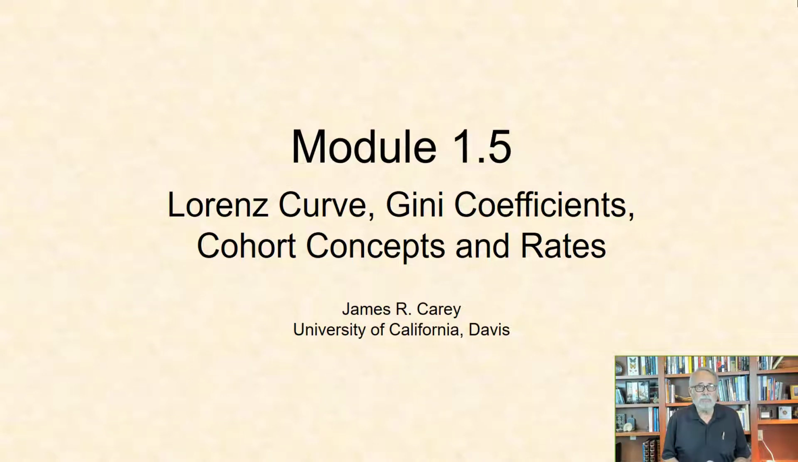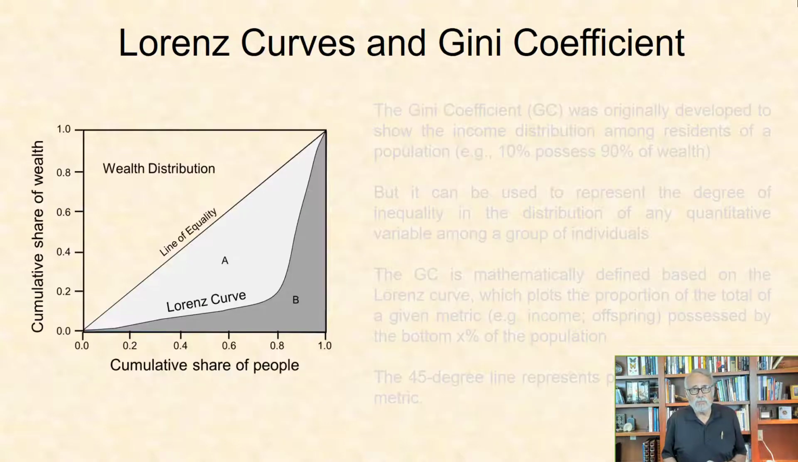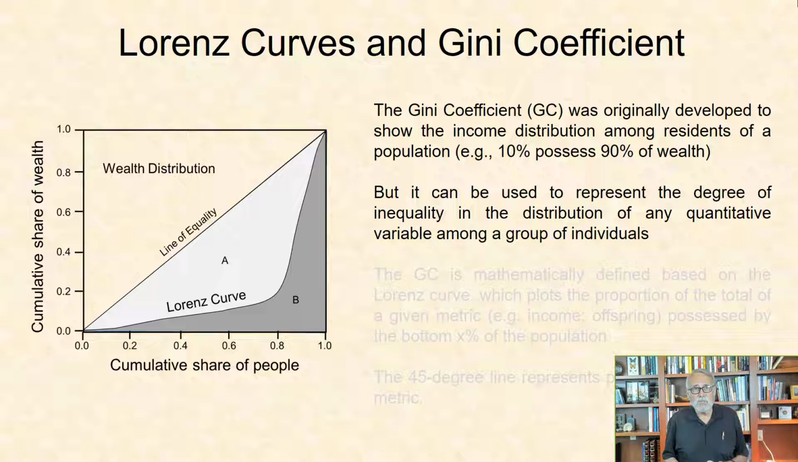In this module of Chapter 1, Module 1.5, I covered Gini coefficients and Lorenz curves, as well as cohort concepts and rates, ratios, and proportions. The Gini coefficient was originally developed to show the income distribution among residents of a population. For example, 10% of a population possess 90% of the wealth. But it can also be used to represent the degree of inequality in the distribution of any quantitative variable among